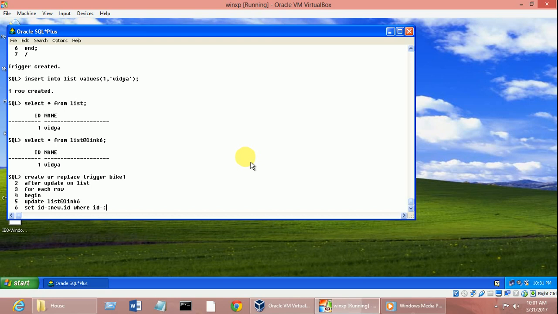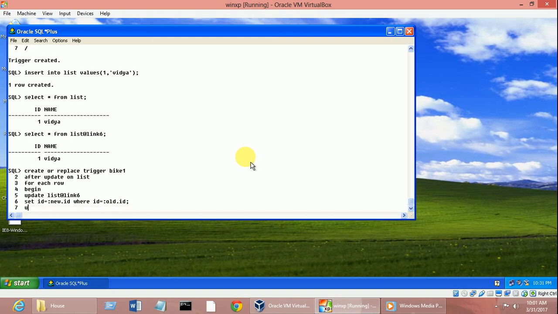where id is equals to :old.id. Whenever we are using new or old, never forget to put a colon before it.